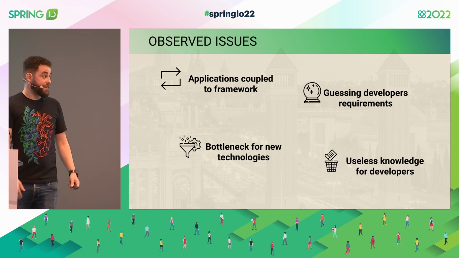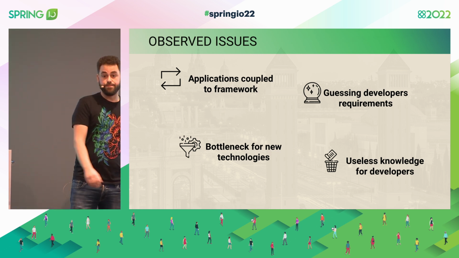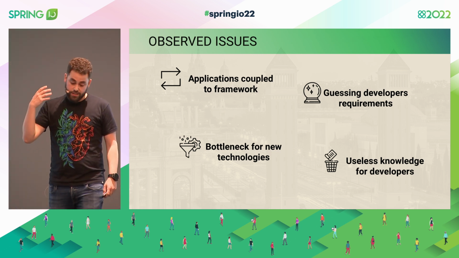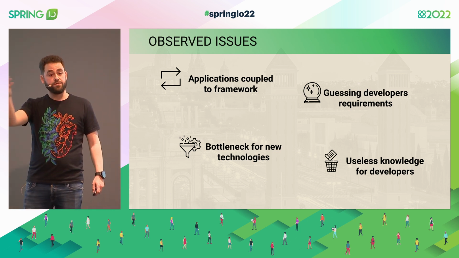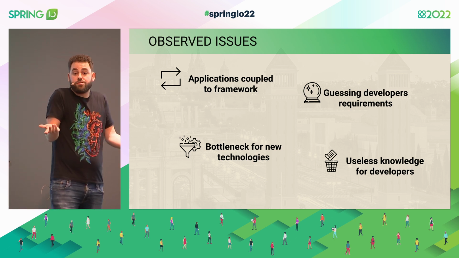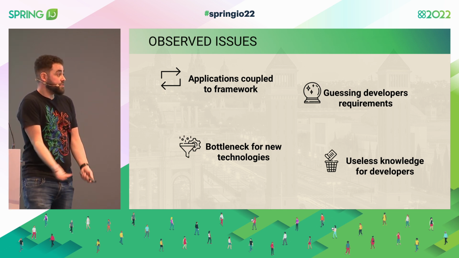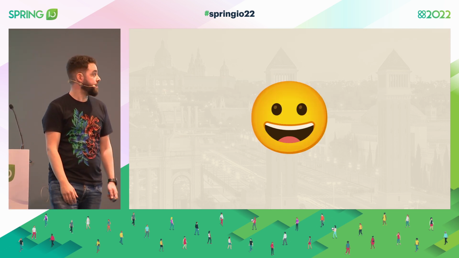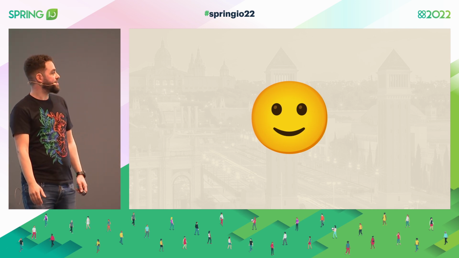And then, in general, and this is for me the most important thing, this is useless knowledge for developers. So now people join Travix. They will just be doing what they have to do. They learn how to use our tool. After 2 years, 5 years, whatever, they leave. And at the next company, these tools are not there. They just don't know how to do things, or at least they didn't learn from our tools. So it's useless knowledge. We should try to avoid this. OK, people less happy, still happy. But yeah, this is a trade-off, right?